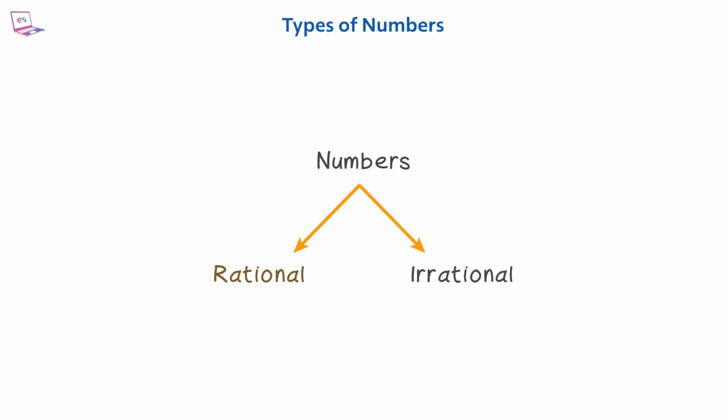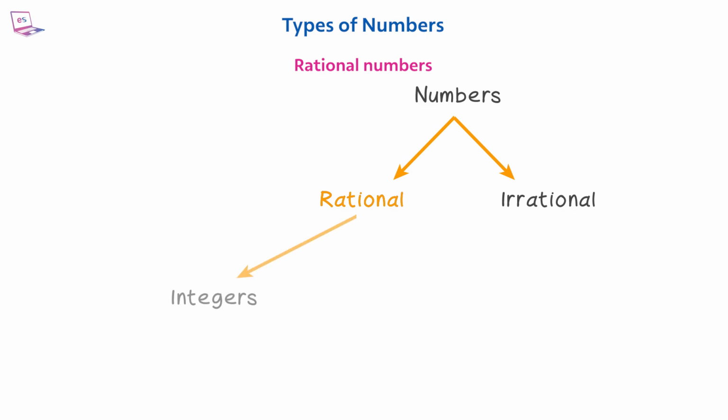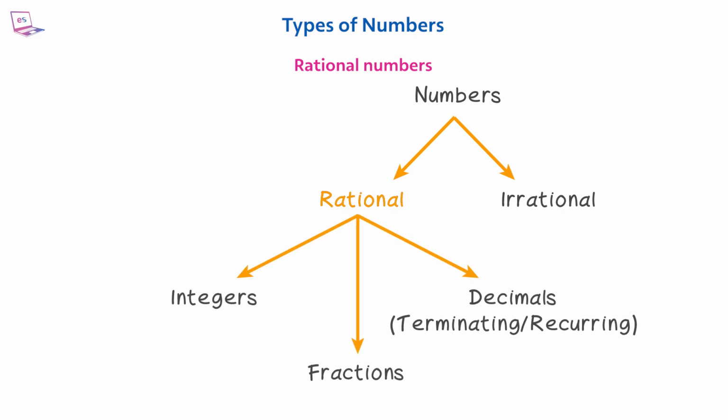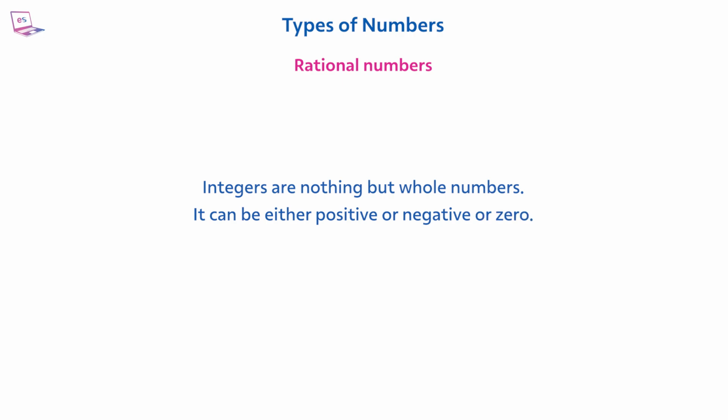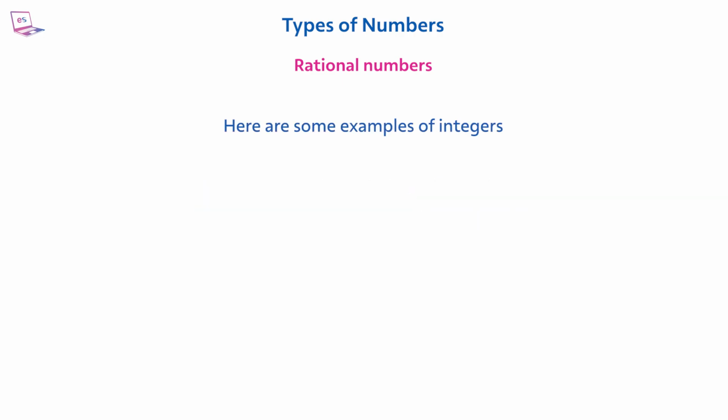First, let's talk about rational numbers. Rational numbers come in three forms: integers, fractions, and terminating or recurring decimals. Let's see them one by one. Integers are nothing but whole numbers. They can be either positive or negative or zero. Here are some examples of integers: